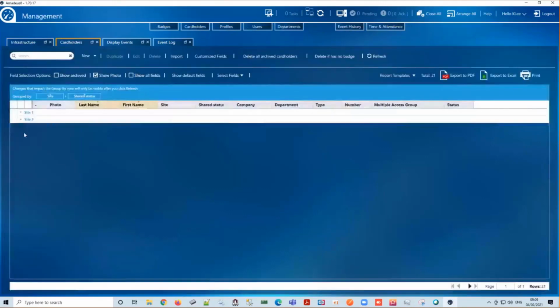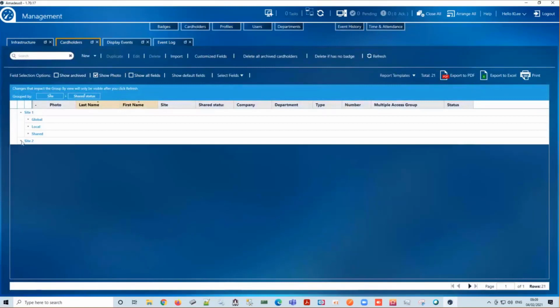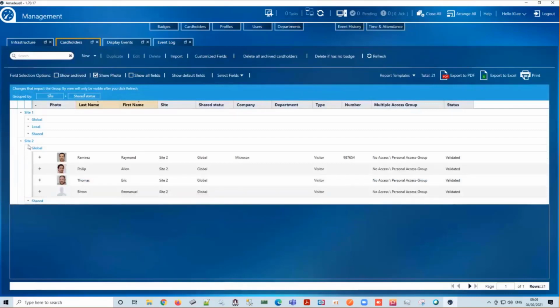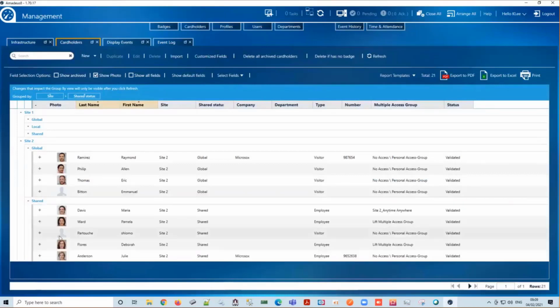If you move to the cardholders screen, as you would expect, this Site 1 user can see all of the Site 1 cardholders in the infrastructure. He cannot see the Site 2 local cardholders, but he can see Site 2 shared and global cardholders. The reason he'd be able to see those cardholders is because if there is a Site 2 global or shared cardholder, he may want to give them access to his Site 1 readers. We're going to log out